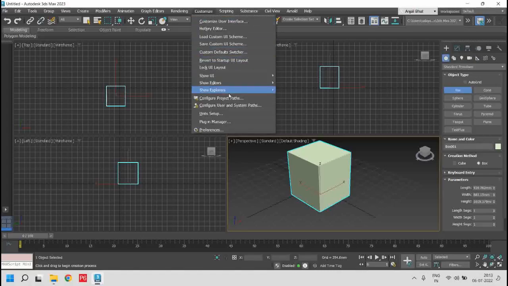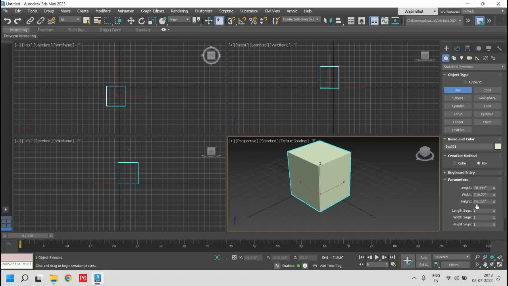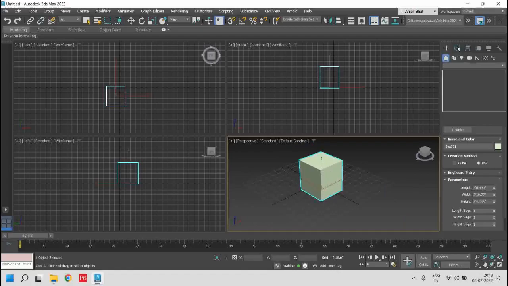If I go back to this Unit Setup, if I want to convert this to feet and inches, I can use US standard. In this again, you have some inches and feet categories. Generally in our floor plans, we have both feet and inches together. In those cases, we can use feet with decimal inches. So if I give OK here, we can see that the unit of this current box is in feet with decimal inches.